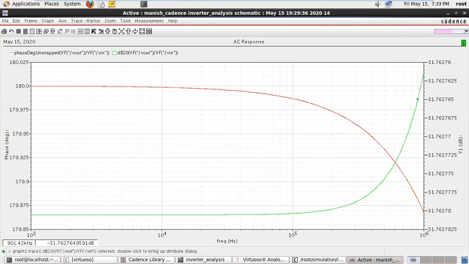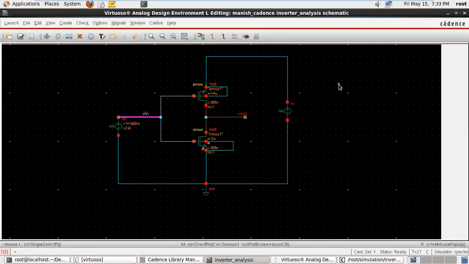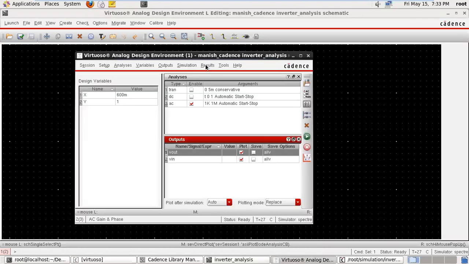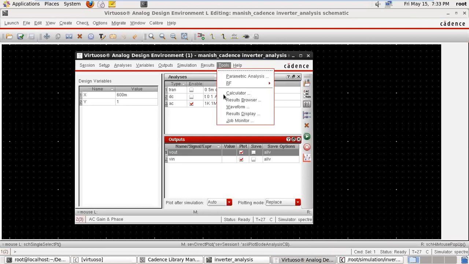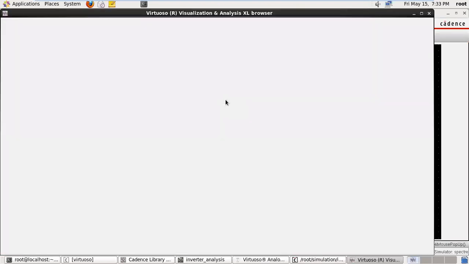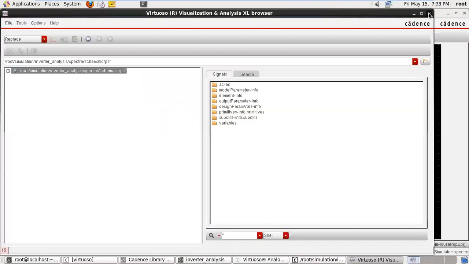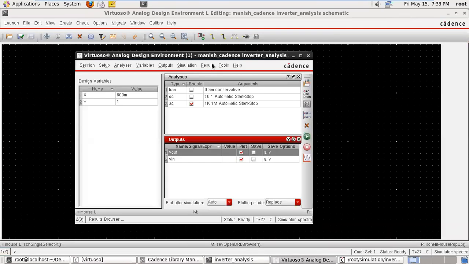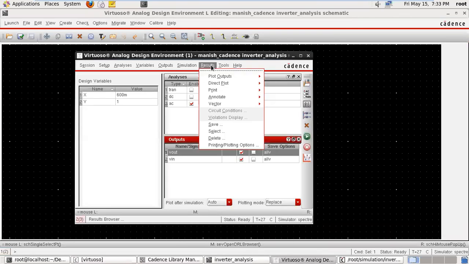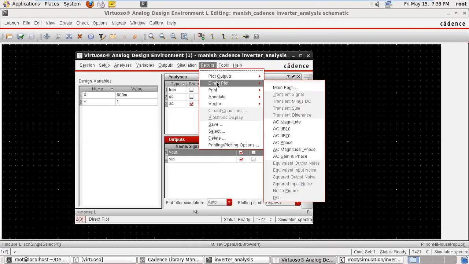So using this terminal, using this tools, result browser, direct plot, we can find the magnitude and phase.